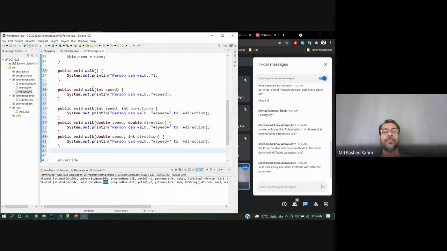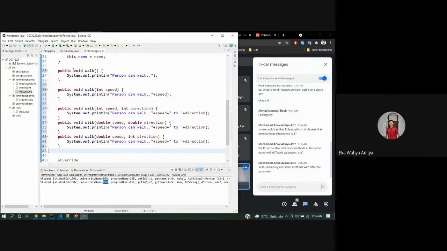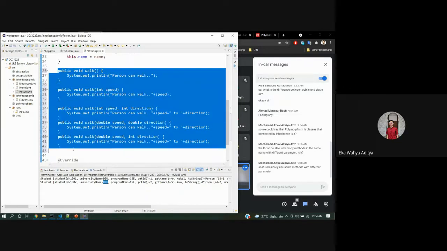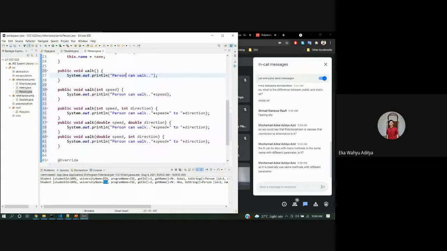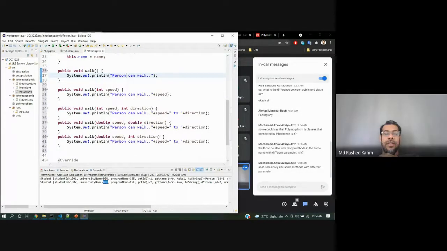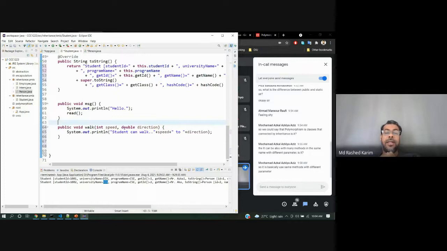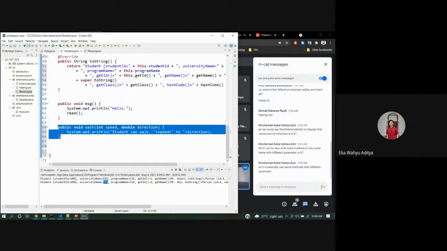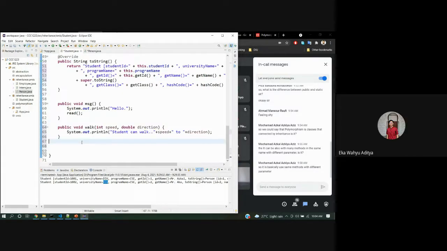Person can work, so many work methods. Yes sir. So the integer speed and double direction is for the student, right? Yes, integer and double. I declared it in student, integer and double here. So let's say if I add integer speed and double direction in person, which one will get returned?